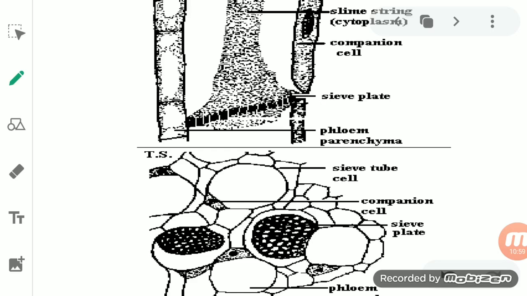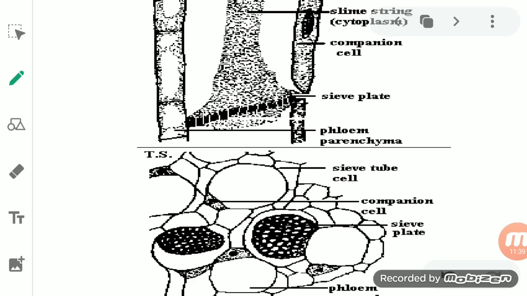Another word which we use for xylem and phloem is vascular tissues. So these are known as vascular tissues. The reason is the same. These are the two tubes present in the plant, which help in taking things from one part and delivering them to another part, or help in providing different substances to the different parts of the plant. Okay, that is why the two terms we use for xylem and phloem are conducting tissues or vascular tissues.